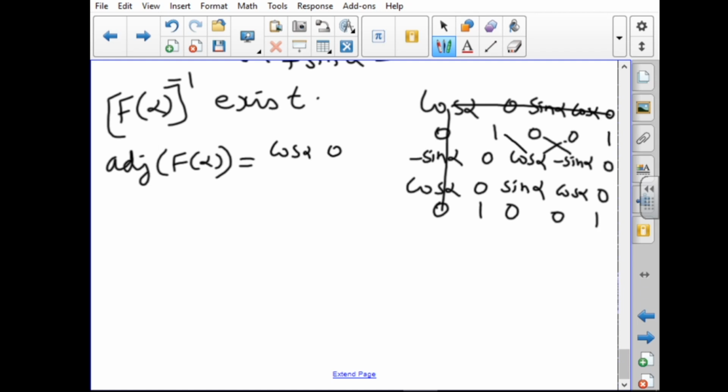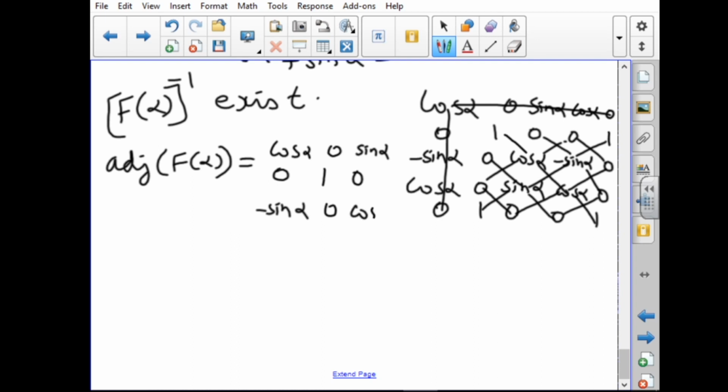So we'll get a 0 here. Then this is 0 and this is minus of minus, so plus sin alpha. Then here this is 0 and this is also 0. And here it is cos square alpha plus sin square alpha, which we can take as 1. And this is 0 and this is also 0. And here this is 0 and this is minus sin alpha. And here this is 0 and this is also 0. And this is cos alpha minus 0. So which is cos alpha the whole transpose.